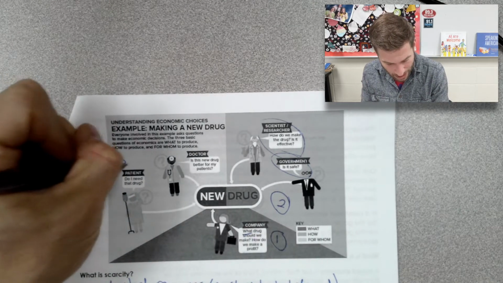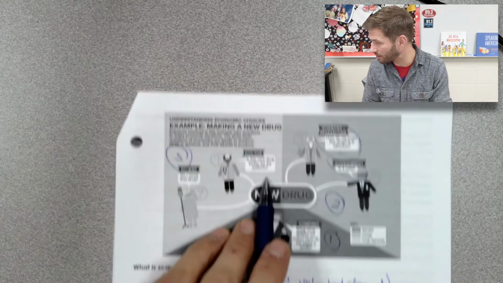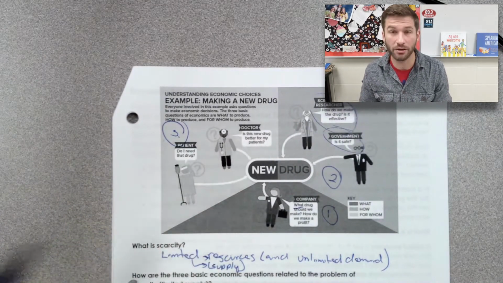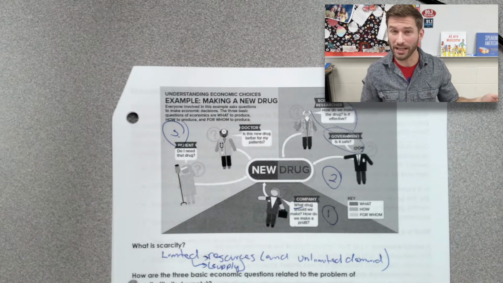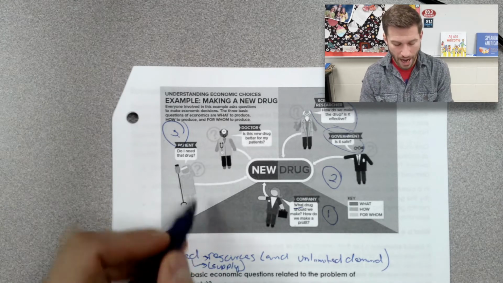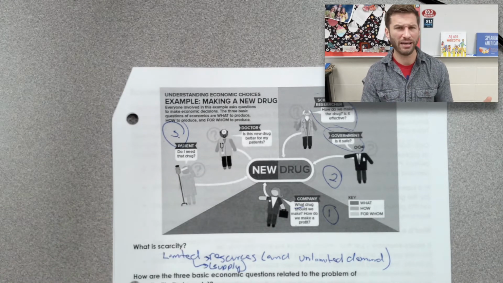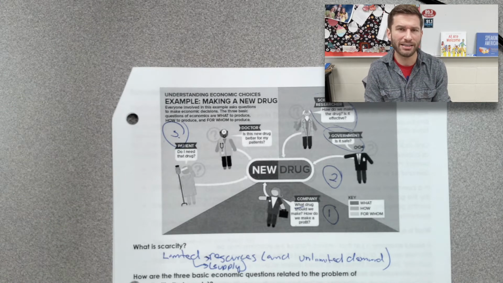And then lastly, we've got the for whom. In this case, in our scenario, we have the doctor deciding, well, who is going to get that new drug? Does it actually work for my patient? Because if it doesn't, I don't want to give it to them. Or how well or how likely is it to work for them? And then the patient himself, they're saying, well, do I need this new drug? I heard about it on TV or I read about it in a journal. Do I actually need that drug, right?